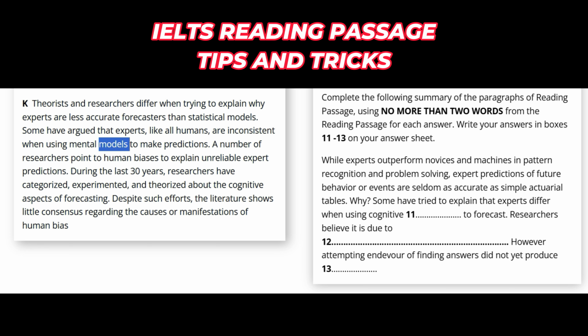That's a really confusing question. However, attempting endeavor of finding answers did not yet produce what they can produce. Despite such efforts, the literature shows little consensus regarding the causes of manifestations of human bias. So this means after all that research, people still don't agree. There is no clear answer. The word consensus means